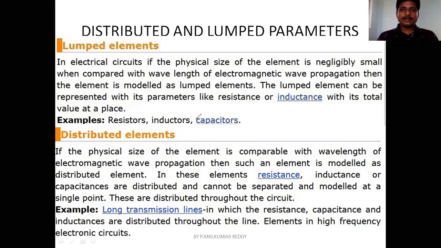And the parameters are called distributed parameters. So if the length of the transmission line, or the physical size of the system, is much greater than the wavelength, which means the wavelength is small and the physical size of the system is greater, then in that case we have to take a distributed parameter system. So this is how you have to understand all the concepts of the first unit.